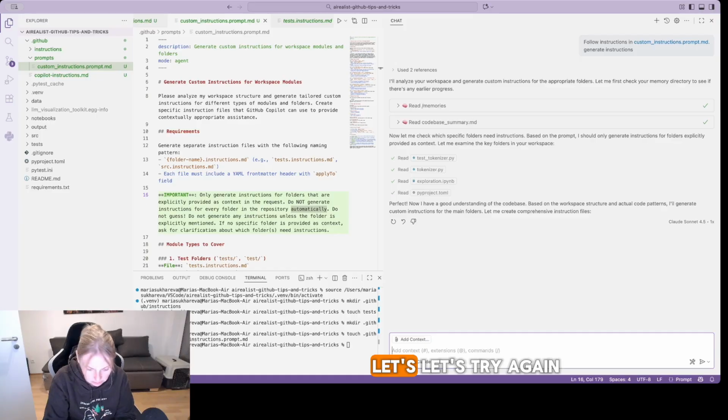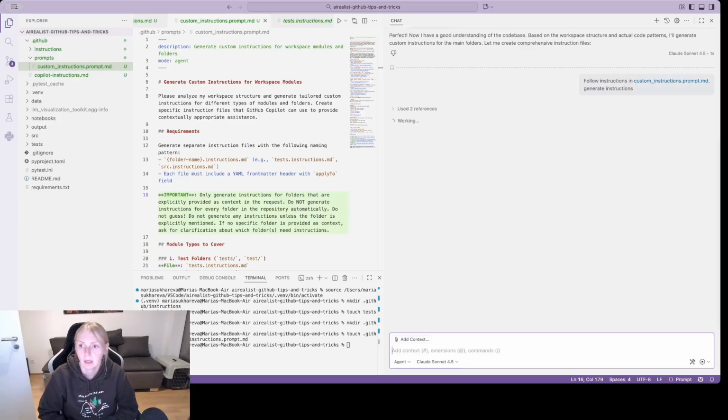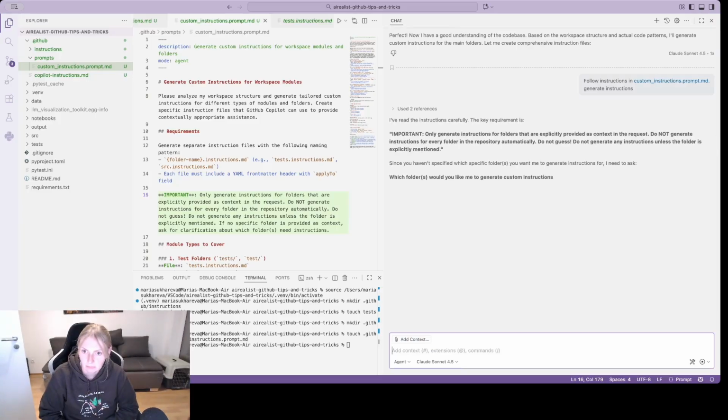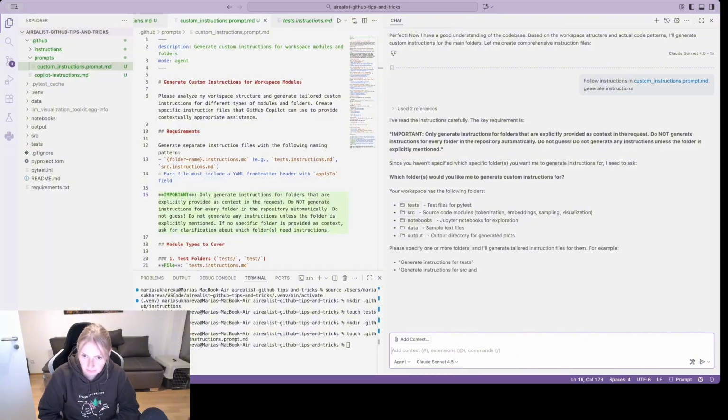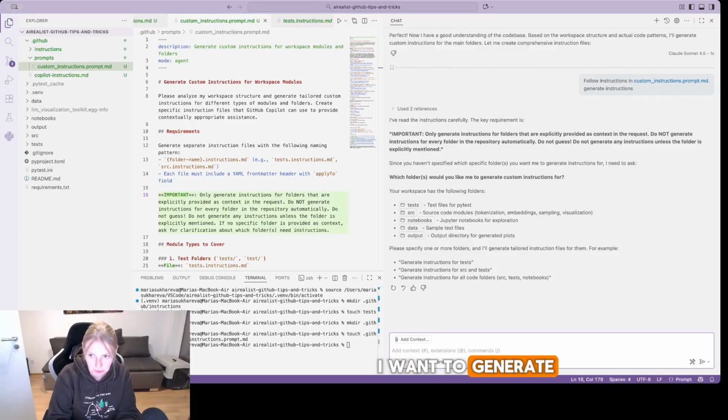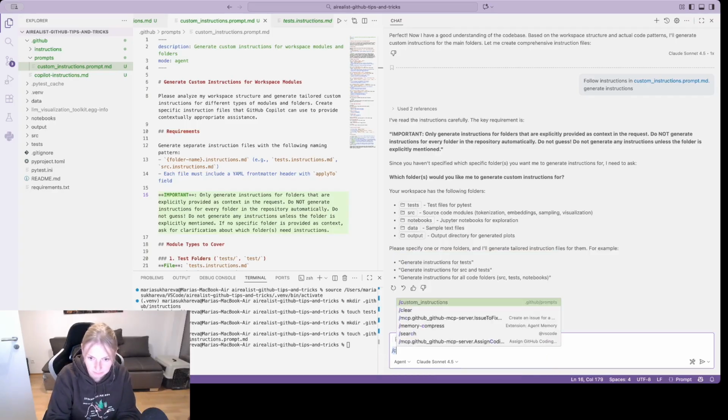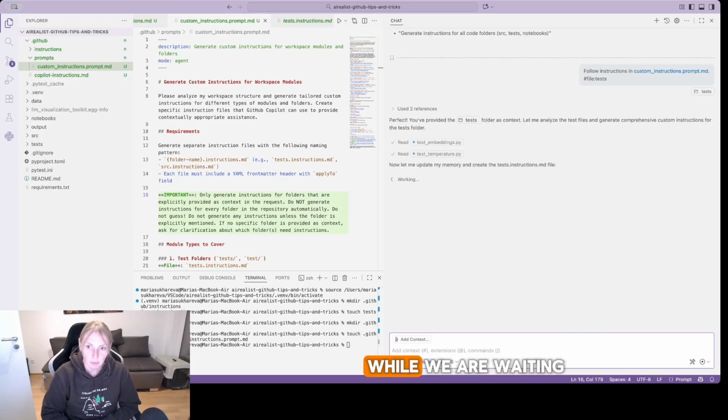So let's try again. Custom instructions, generate instructions. Okay, finally, very good. I want to generate instructions for tests. While we are waiting,